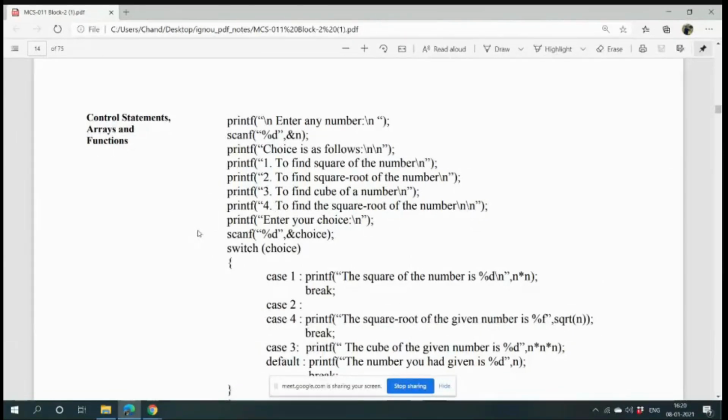They are helping the user to select the case, because when you program, if you think that I will have 10 cases, then I have to use 10 statements here. Print 1 to do this, print 2 to do this, print 3 to do this, so that according to his wish the user can select any number from 1 to 4.